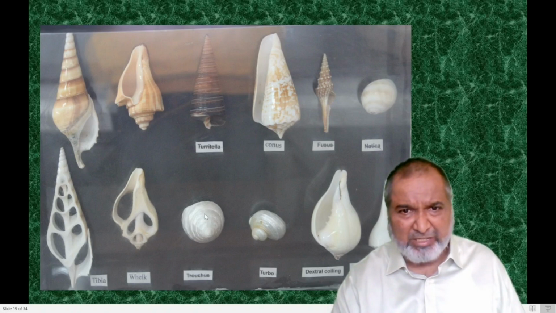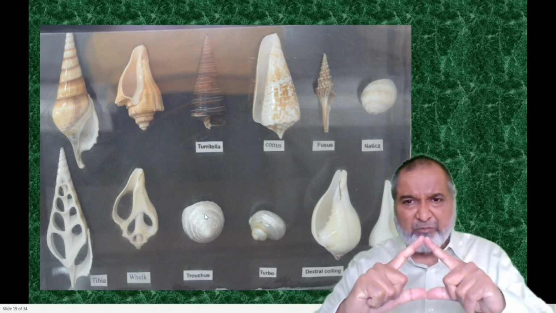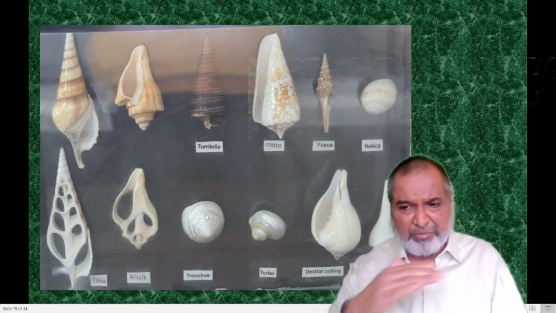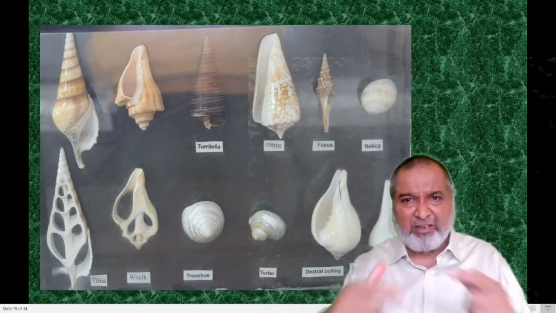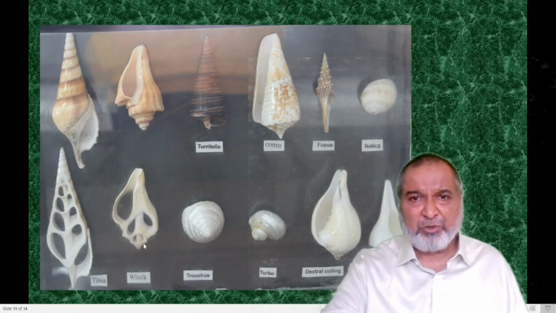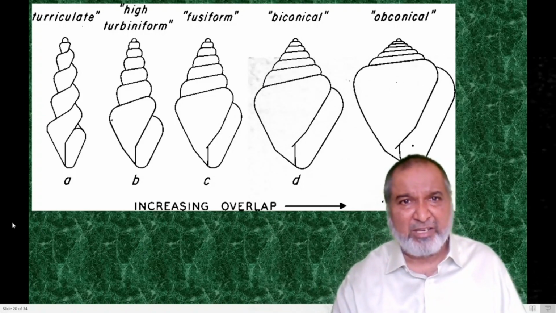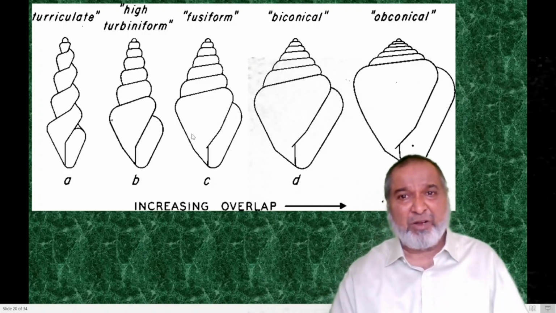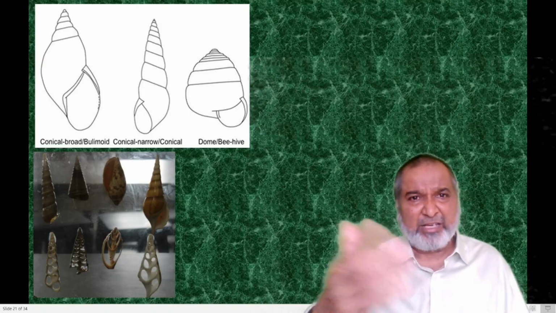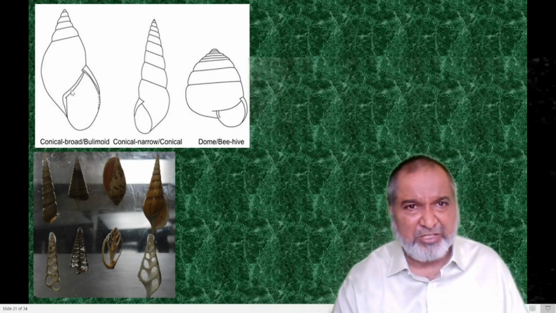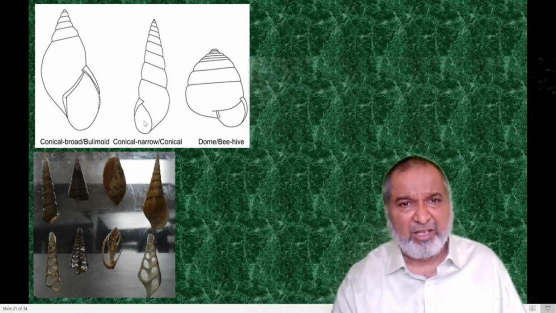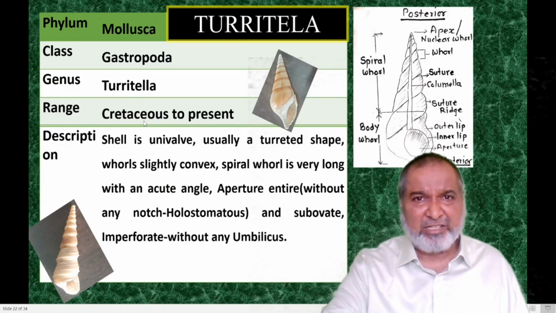This is the trochus, exactly a triangle, like a tetrahedron. If we keep a tetrahedron on a surface, you'll find that it is a trochus. So these are the various parts. You can see how it has been modified, how it has evolved, and overlapping has taken place. Again I can see it is coming on the right hand side, so it is dextral. When it is coming on the left hand side, that is the sinistral one.